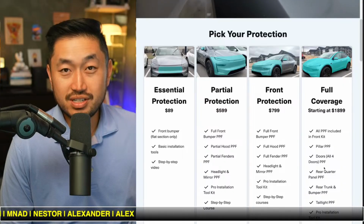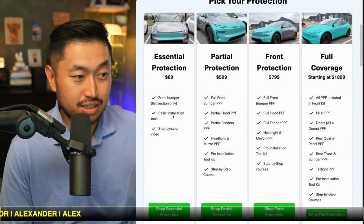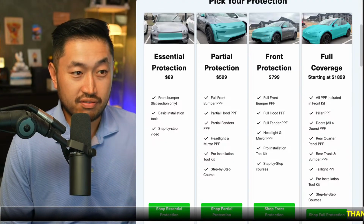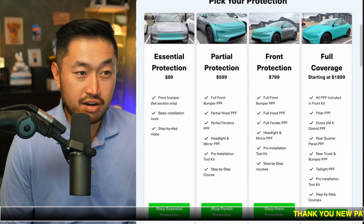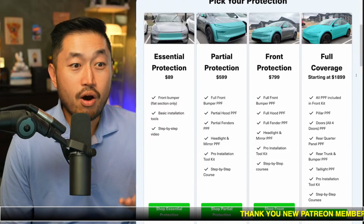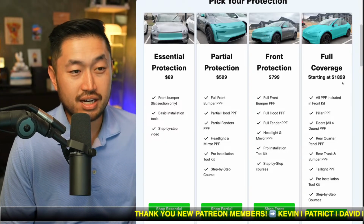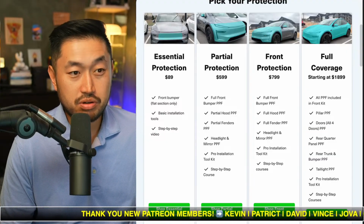And there's so many different types that you can do this. You can just do the essential, which is the front area. You can do the full frontal area, which is like the front bumper, the hood, and also the fenders, which we have on the Model X. Or you could do full coverage. Our Model Y has colored paint protection if you want to go that route,